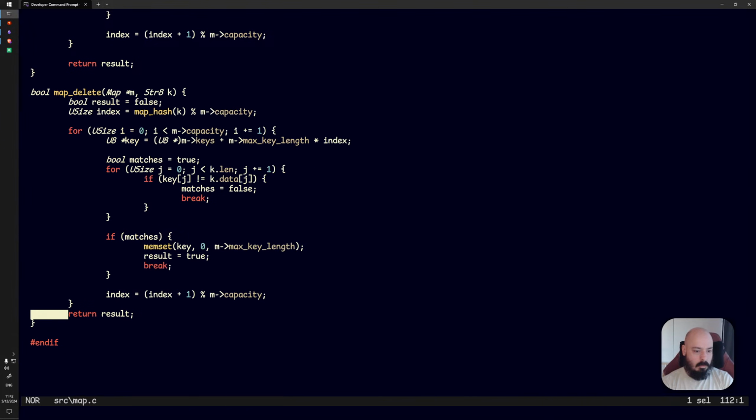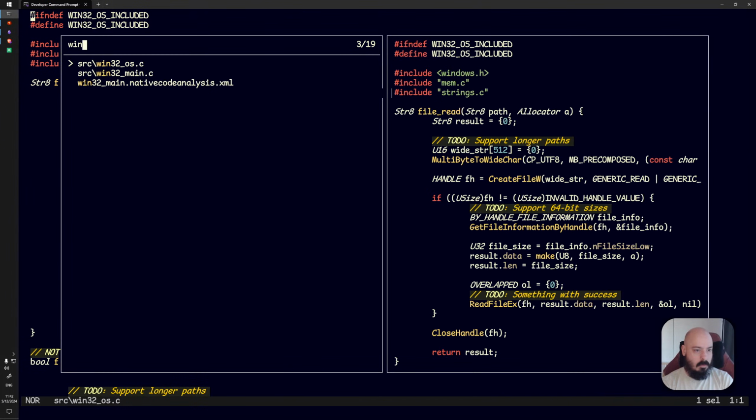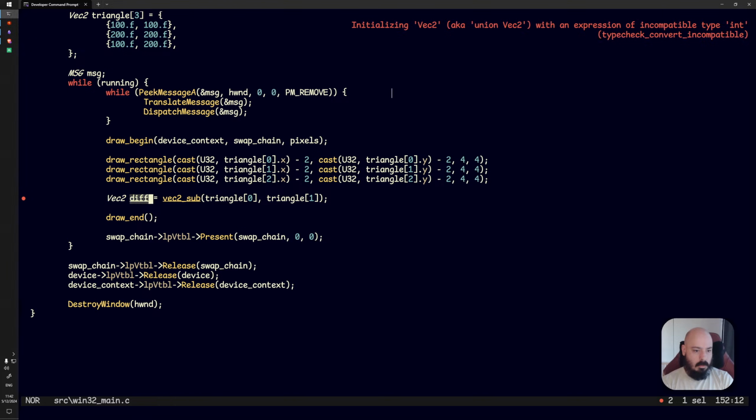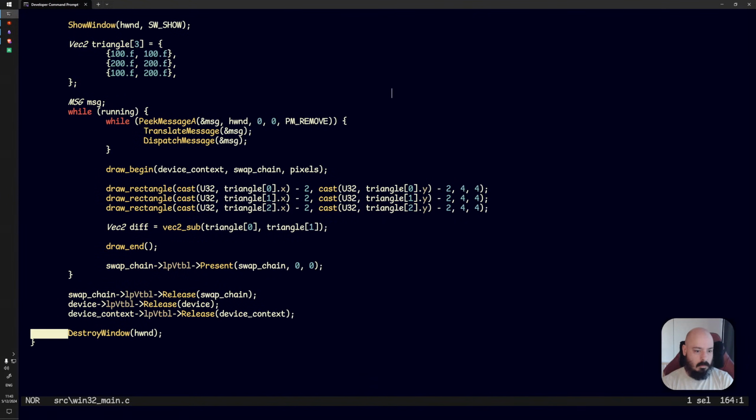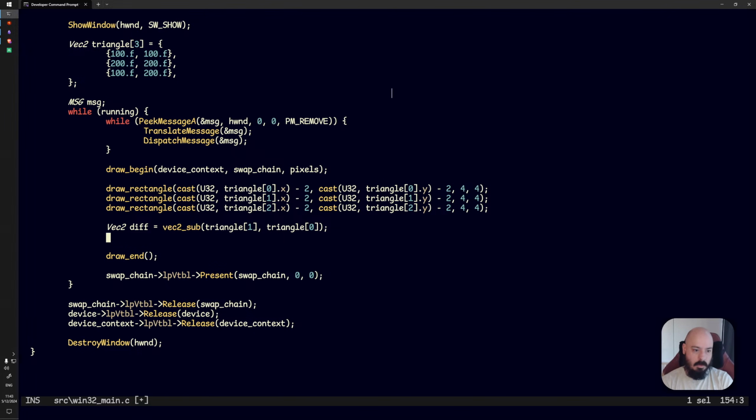Great. Okay. Sorry, wrong function. There we go. Vec2 sub, we need to include math here. Okay, so we should have our difference between 0 and 1, but probably want to subtract 1 from 0, because we know the direction that we're going in, which is going to be down and to the right. Okay, and then we need to calculate, I think it's called dy,